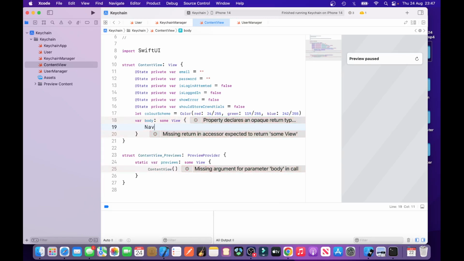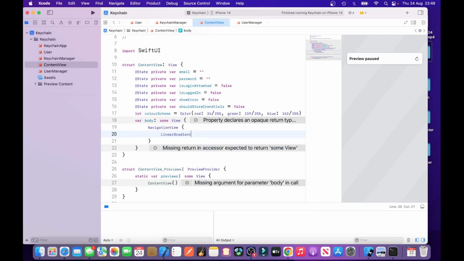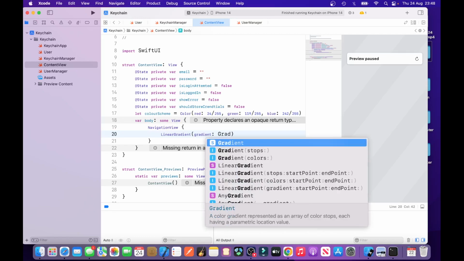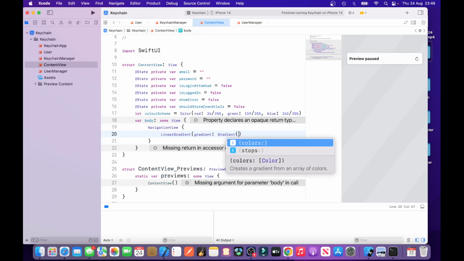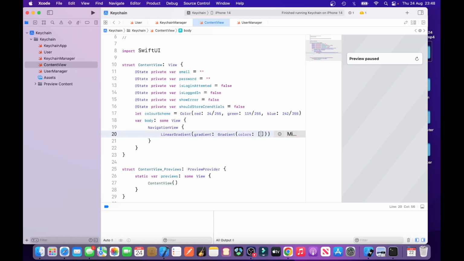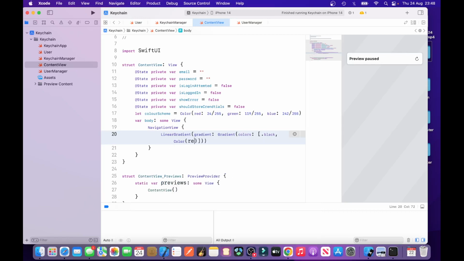Next, type in NavigationView, LinearGradient, open bracket gradient, open bracket colors, and then we pass our array of colors for the gradient: Color red 0.05, green 0.05, blue 0.05,